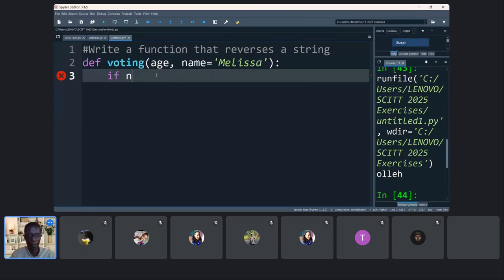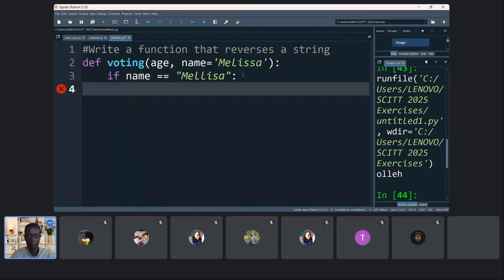So if name is equal to Melissa, then we can say you are allowed to vote. Print, you are allowed to vote. Else,